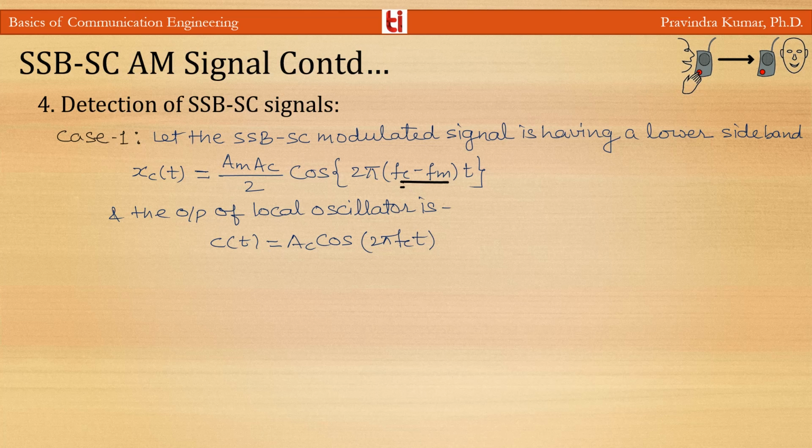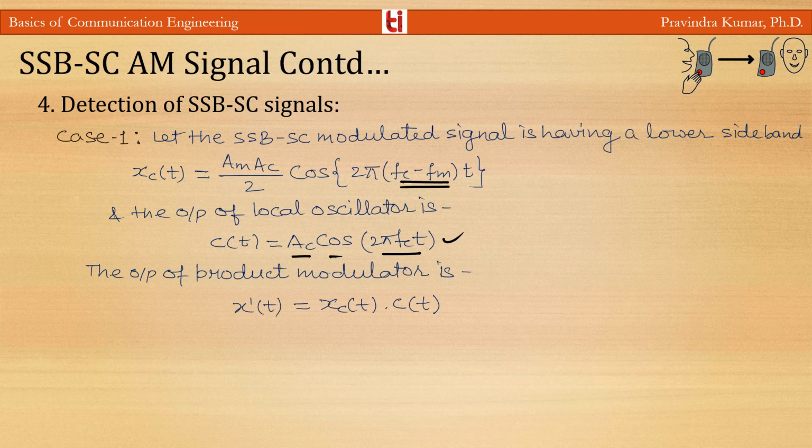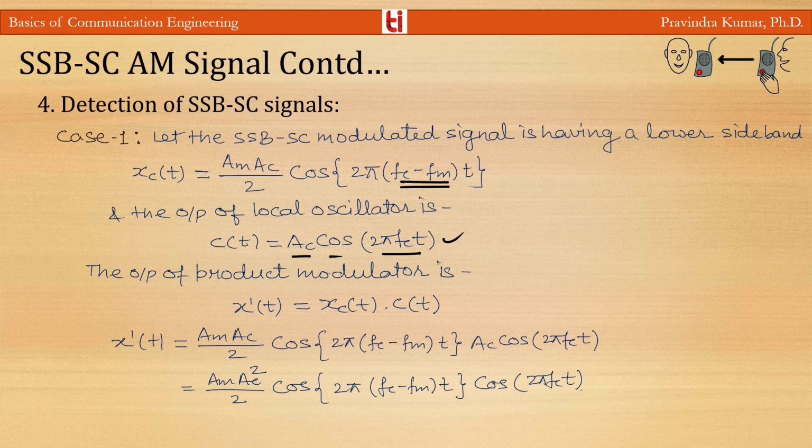This is for the lower sideband, and the output of the local oscillator, if I consider it properly matched with the transmitting end carrier, will be A_c cos 2 pi f_c t. So the output produced by the product modulator, x'(t) = x_c(t) into c(t), is A_m A_c by 2 cos 2 pi (f_c minus f_m) t into A_c cos 2 pi f_c t,